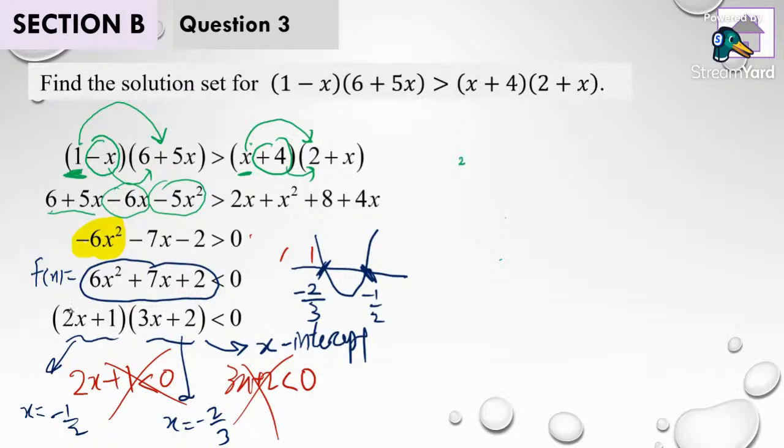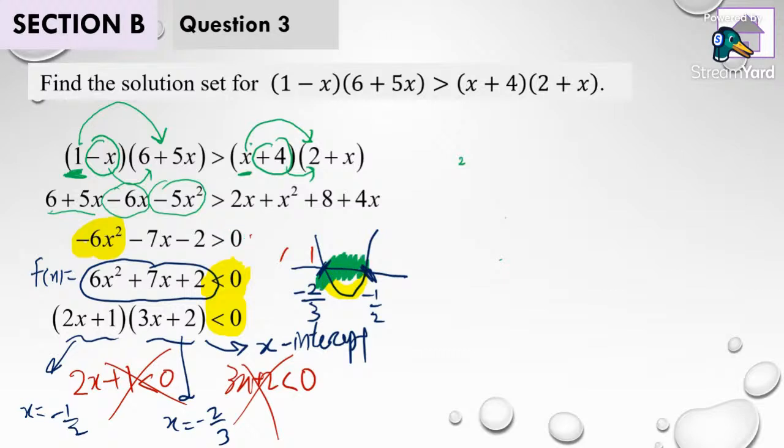Then next, what I'm doing in the graphical method is that I try to investigate the graph that I draw and the factorization I have here. I'm referring to the part of the graph which is less than 0. In other words, the function value less than 0, which is the location of the graph where it's below the x-axis, below the horizontal axis. This is the part of the graph that I highlight in yellow. And the corresponding interval of x will be the one I highlighted in green.